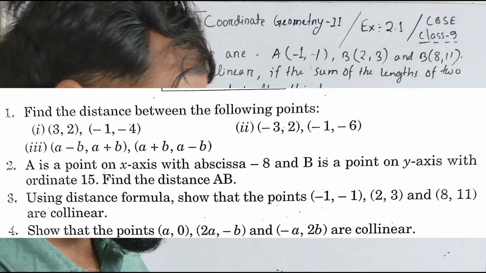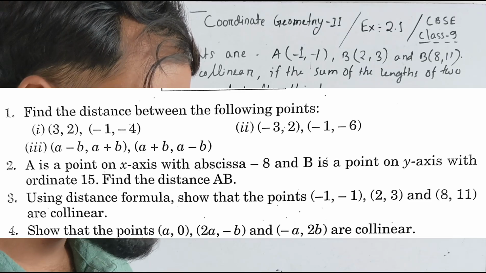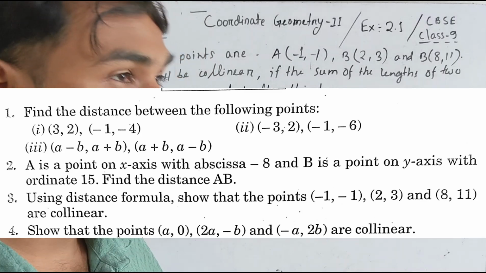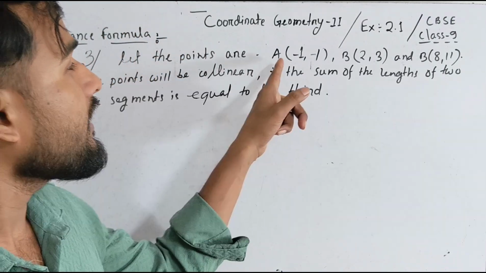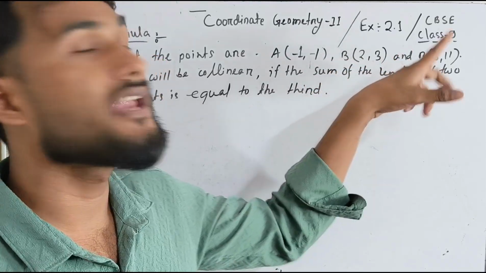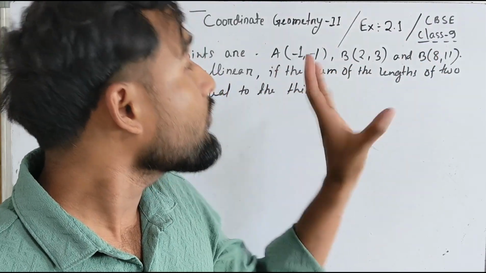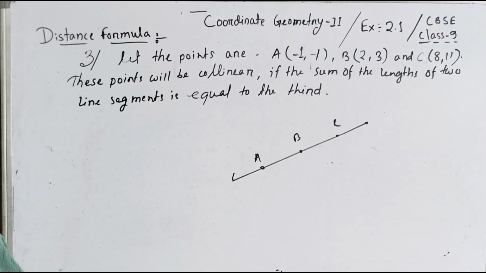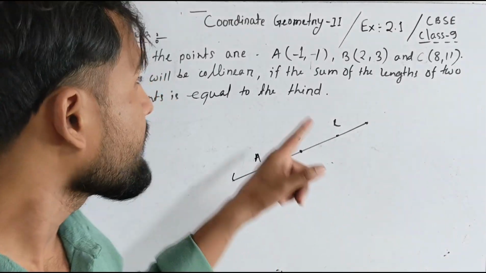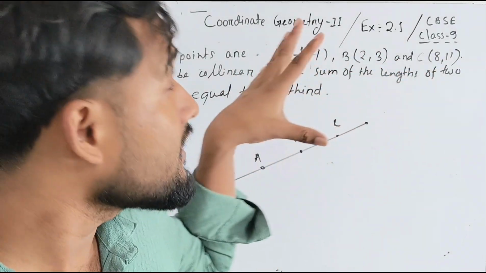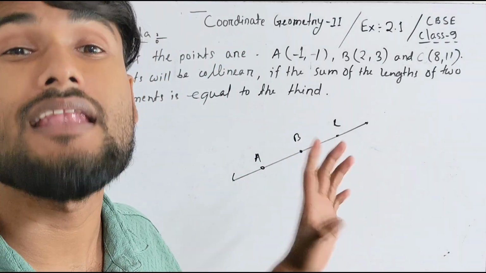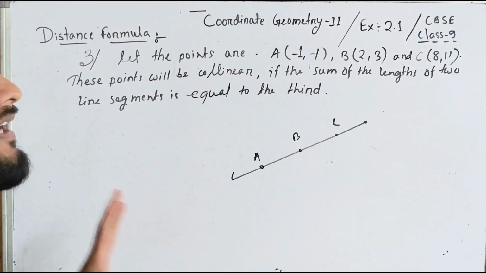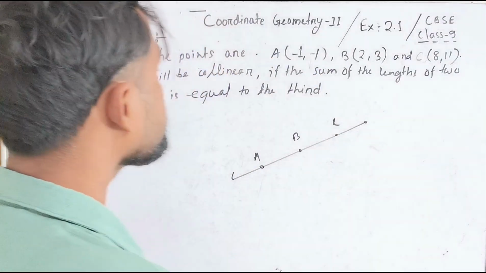The third question was, using distance formula show that the points -1, 2, 3 and 8, 11 are collinear. हमें क्या करना है, -1, 2, 3 and 8, 11 इन तीनों पॉइंट क्या है, कोलिनियर है, ये हमें प्रूव करना है। कोलिनियर का मतलब है अगर ए बी सी तीनों पॉइंट एक ही लाइन पे लाई करता है तो इसे बोलेगा कोलिनियर।